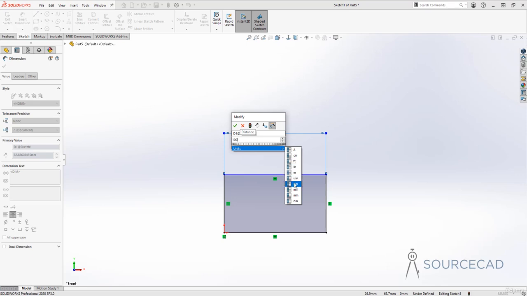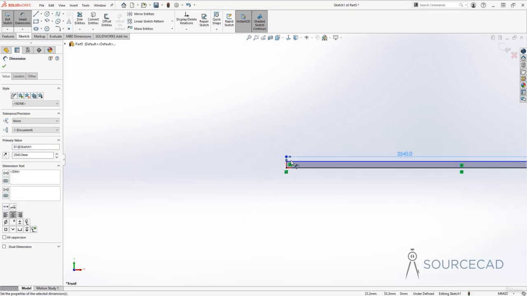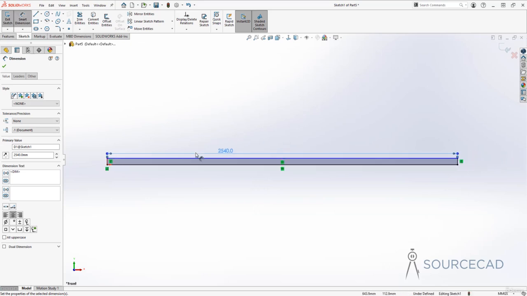So by default it will take the unit in millimeter, but let's say we want it in inches again. So I'll just use 100 inch for this length. Alright, now this length is 100 inch. So click on this green check mark, and now here it is. You can clearly see that it will convert your unit, which is 100 inch, into millimeters. So it will do the conversion for you because we are using mmgs. So even if you add any other unit, it will just convert it for you